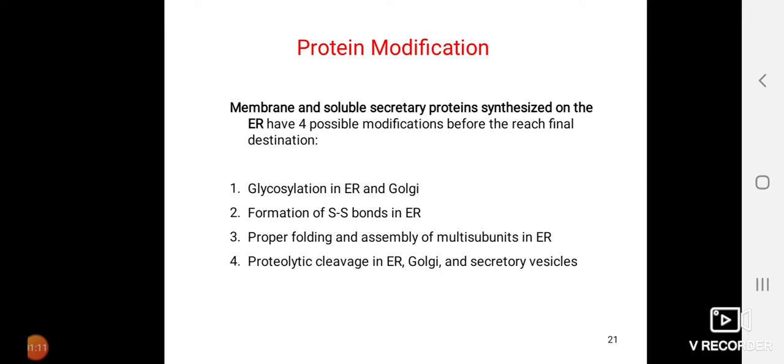Followed by that there will be proper folding and assembly of multiple subunits, which again happens within the endoplasmic reticulum. Later the proteolytic cleavage is going to happen in the endoplasmic reticulum, Golgi complex, and even in some secretory vesicles. The proteolytic cleavage takes place in order to give out the final product, the